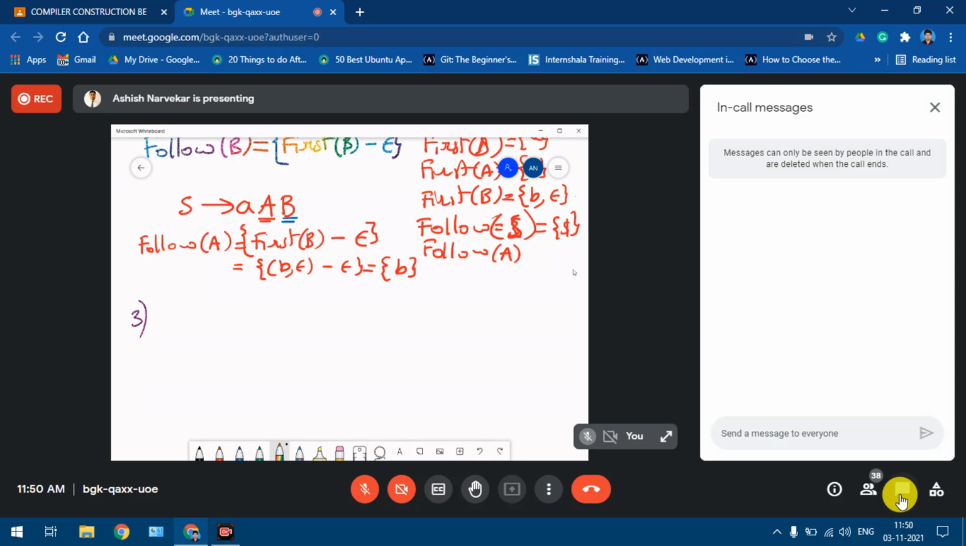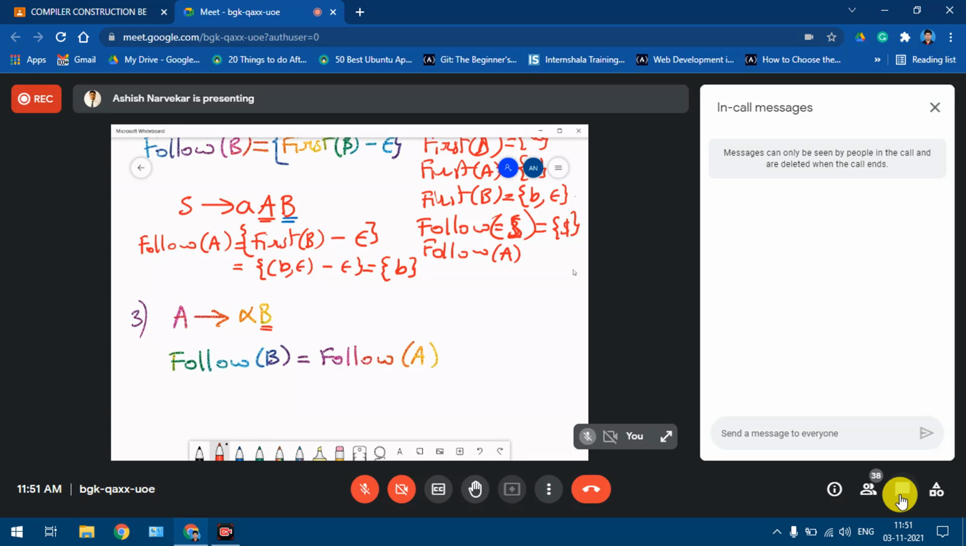question. Next thing is, suppose you have a production of the type A derives alpha B. So suppose we have this particular rule, then follow of B is equal to follow of A. What this means is, if you want to find the follow of a non-terminal which appears to be the last symbol in the sentential form, then the follow of that particular non-terminal is equal to the follow of the left-hand